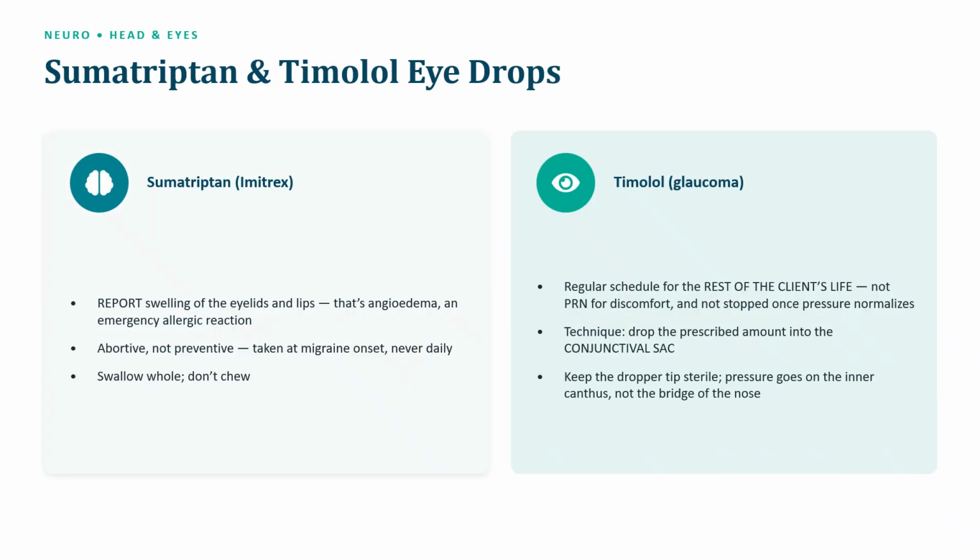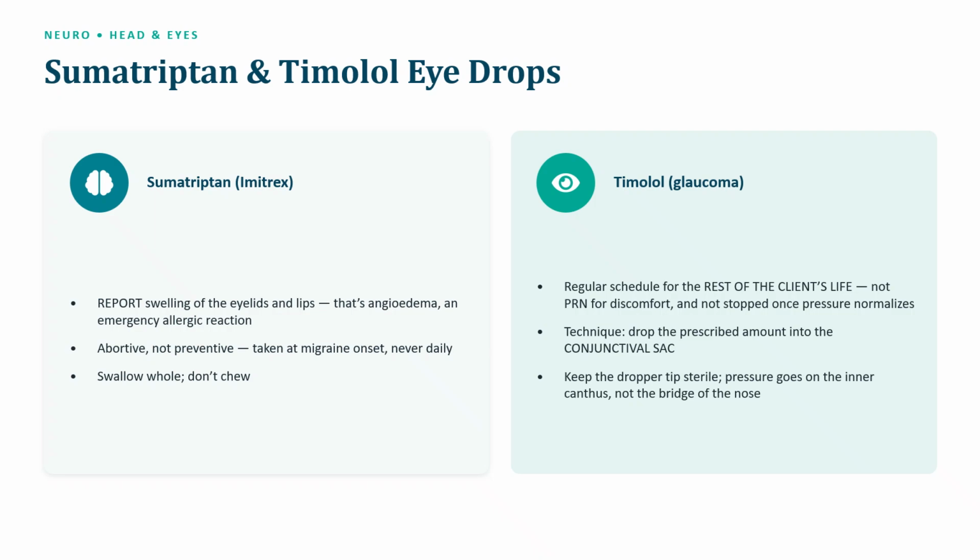Sumatriptan, the brand name is Imitrex, is used for migraine. Swelling of the eyelids and lips is reported immediately. That presentation is angioedema, and it can progress to airway obstruction. So remember that angioedema is always an emergency. Angioedema is considered an airway emergency. So anytime we notice that our patient's lips are swelling, we want to report that immediately because it can rapidly